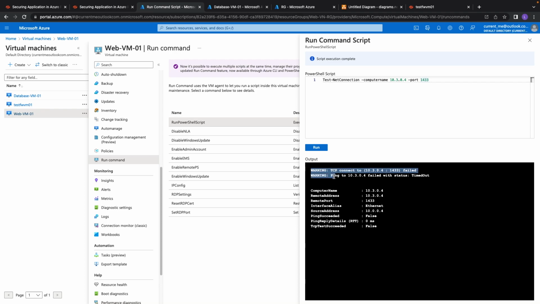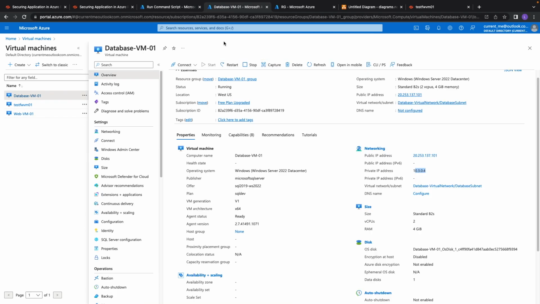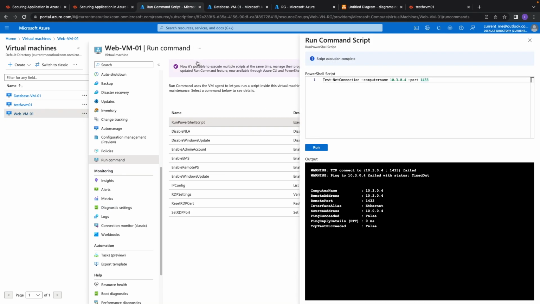So this is what we got from trying to get to the database from the web server. TCP test succeeded is equal to false, and it timed out, right? And this is what we expect. We expect to get this result, and that is because the VM is in its own private network and doesn't know how to get to the database. So what we need to do is